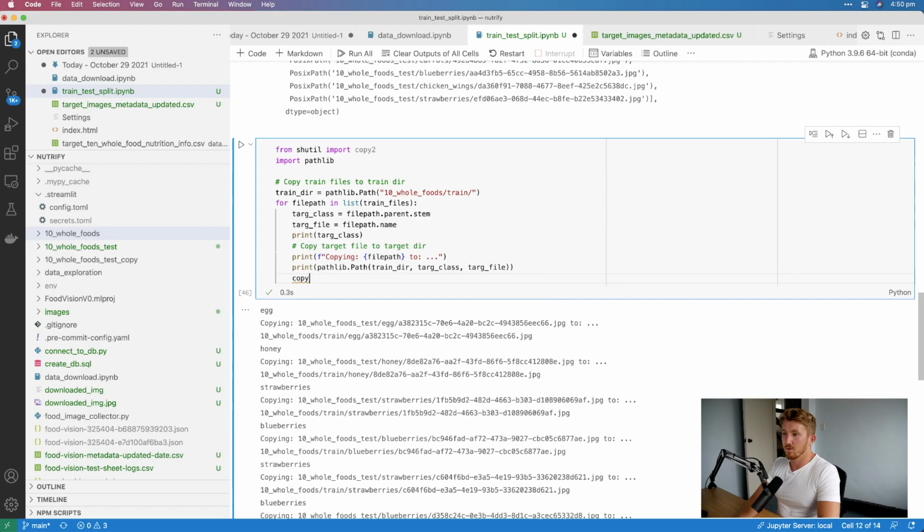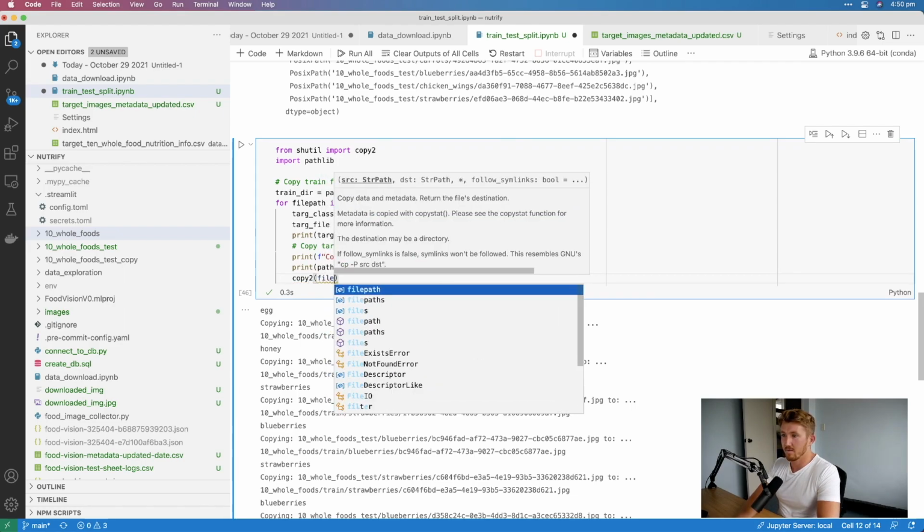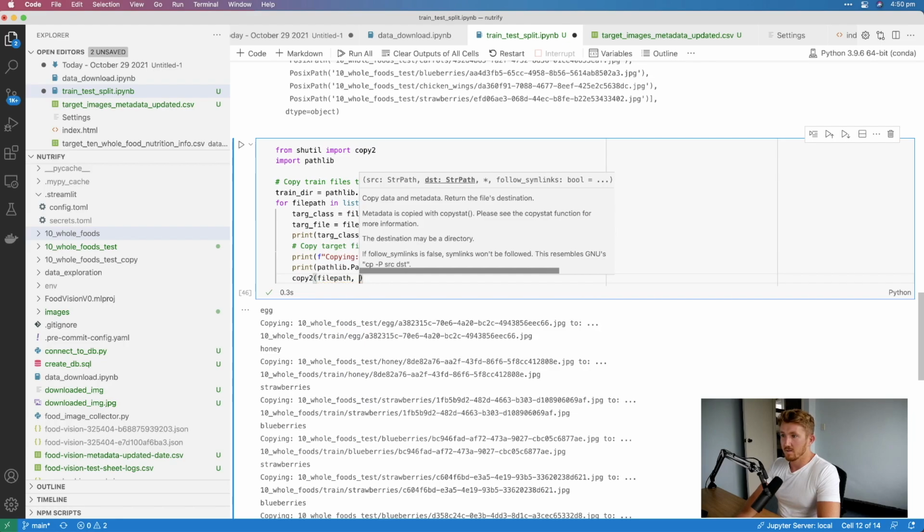So copy2 source is the file path. And the destination is